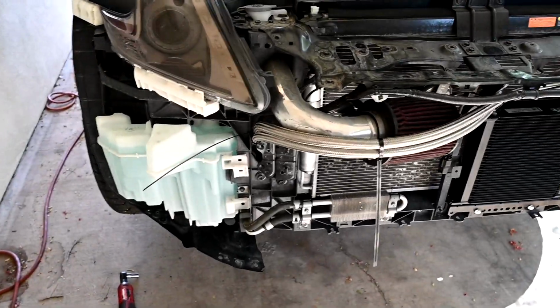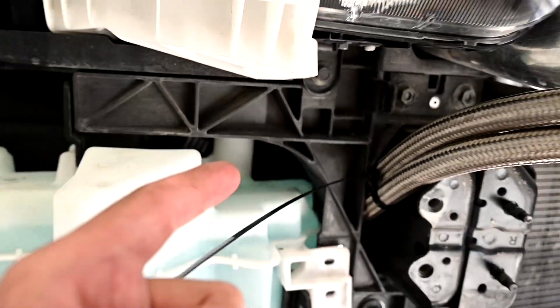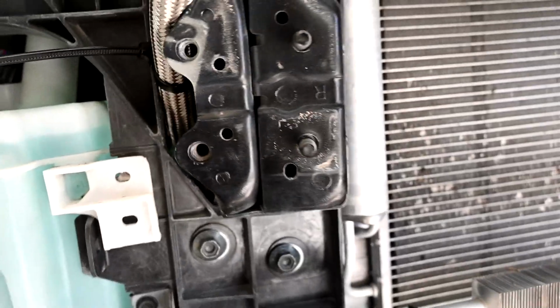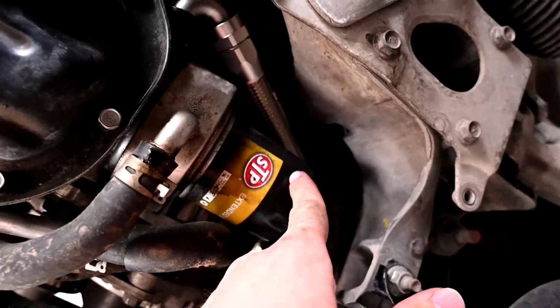Alright, so after messing with this for quite some time, I got the lines connected there. They are routing this way. In the pictures, they look like they're supposed to route around here, but there was no way there was going to be any room for that. So they're coming around here, and let me take you underneath the car. So you can kind of see they're coming up from there in the top. They come around here, cross over, and now they are right here next to where the oil filter is